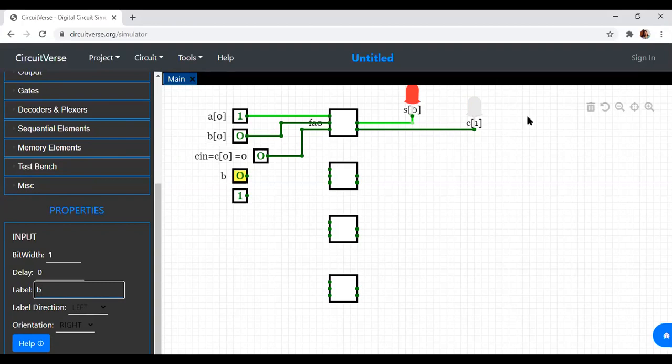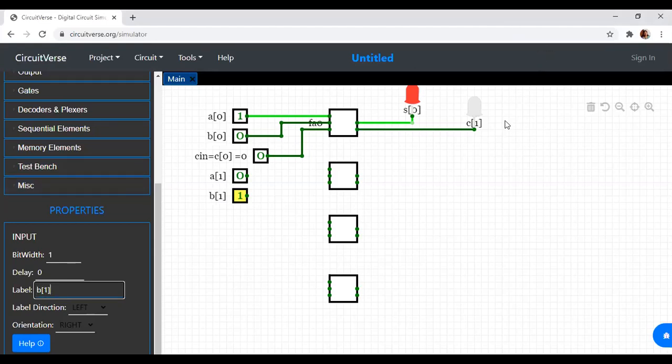The next input, whatever I'm having, is A of 1. And the other one, what I have over here, this should be B of 1. So this is B of 1.